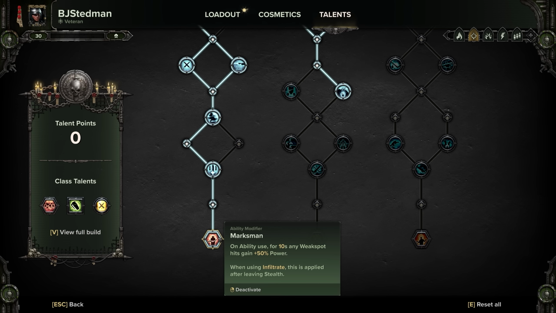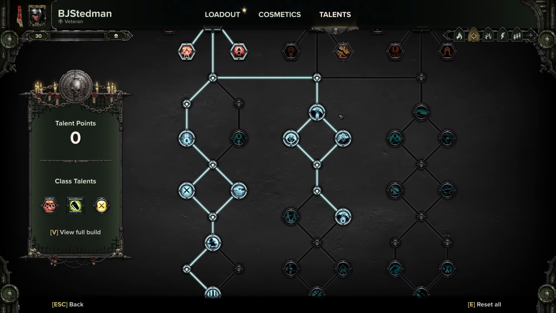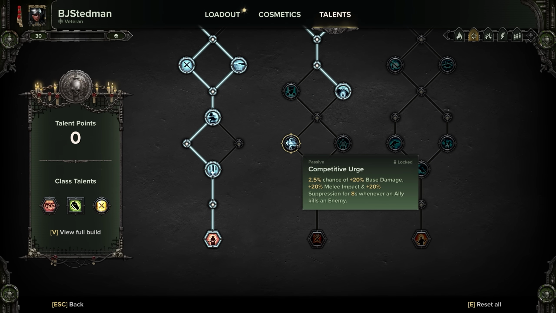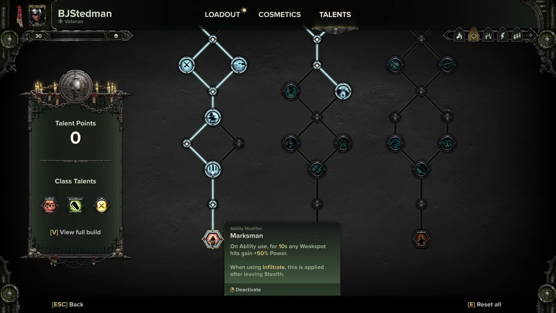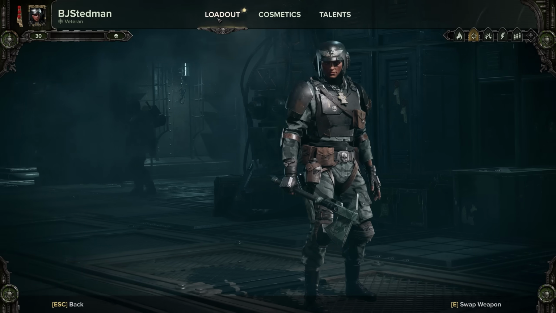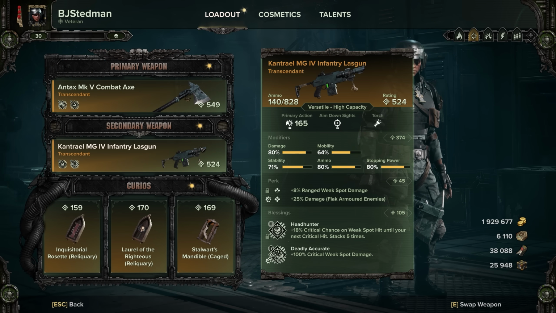50% power for 10 seconds when we use the ability. So a lot of people do prefer to come down into the middle and veer down to Rending Strikes, picking up Competitive Urge along the way. But because we're using Deadly Accurate and Headhunter, which means we're going to be proccing Deadly Accurate quite a lot if we're hitting weak spots, this is just going to make us do ludicrous damage that we do not want to miss out on. So that is my build mainly for the Lasguns, the Infantry Lasguns specifically,